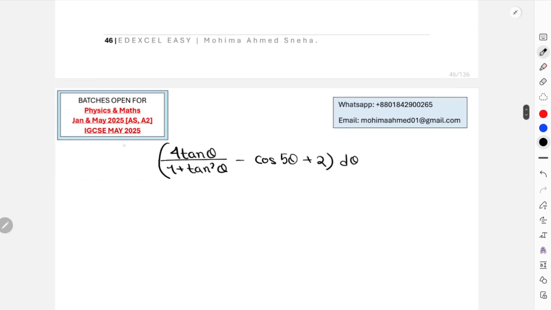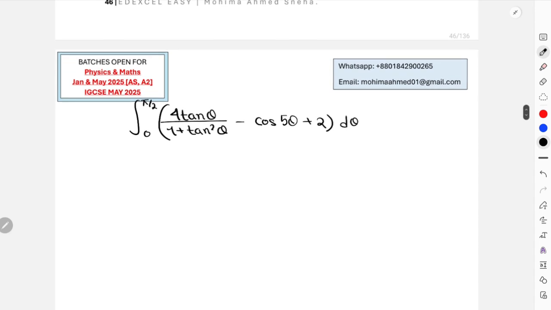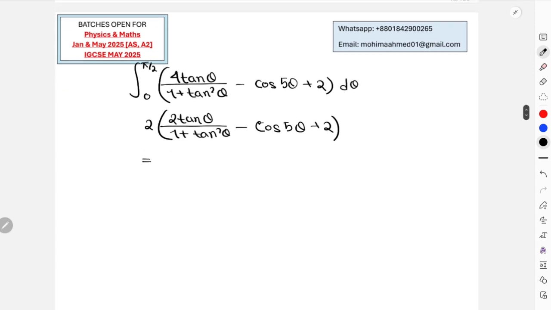In terms of d theta, you have to integrate it within the range of pi by 2 and 0. If the lower limit is 0, I already know the next term would be 0. Over here, we have to simplify the equation first. For example, 4 tan theta over 1 plus tan square theta can be written as 2 tan theta over 1 plus tan square theta, cos 5 theta plus 2, right? It can be written like this also, where 2 tan theta over 1 plus tan square theta actually